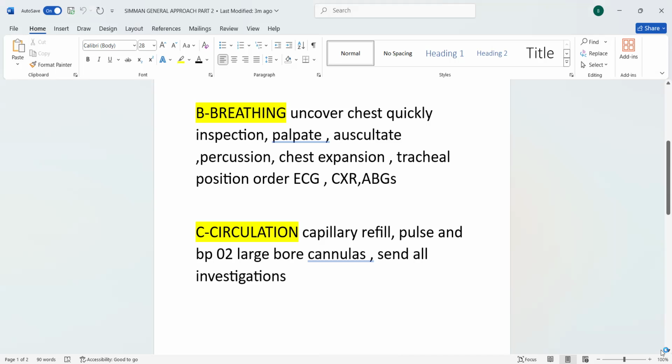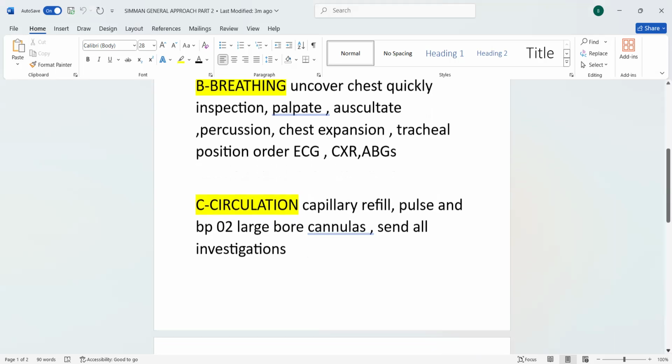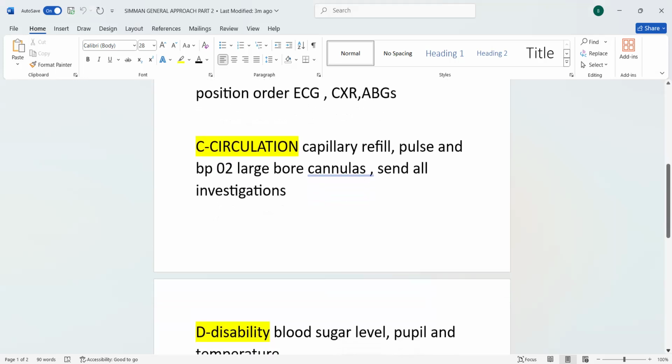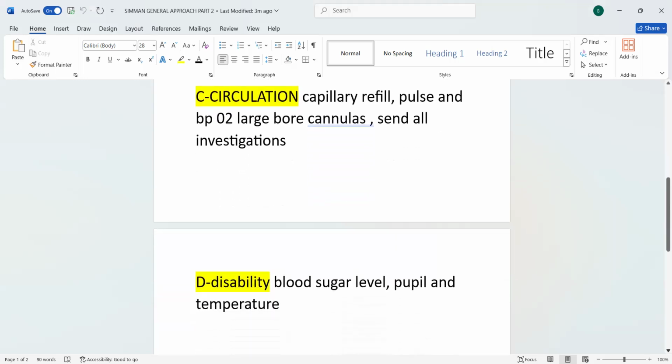So in circulation, what you will have to do is insert one large bore cannula if his blood pressure is normal, and if his blood pressure is low, you will have to insert 2 large bore cannulas. And in the circulation part, if his blood pressure is on the low side, after sending all investigations and inserting 2 large bore cannulas, you will have to start an infusion of normal saline or Ringer lactate, whatever you actually want to